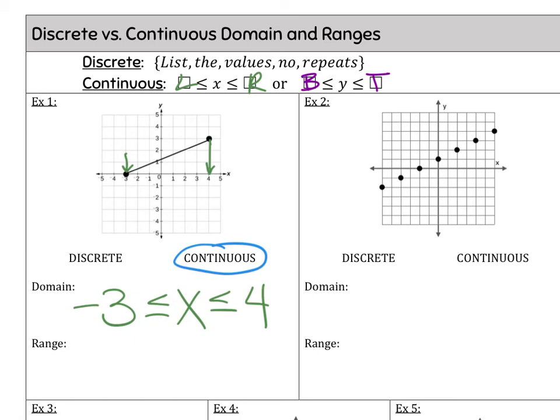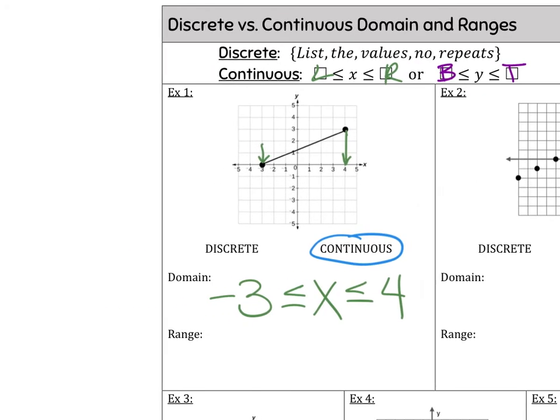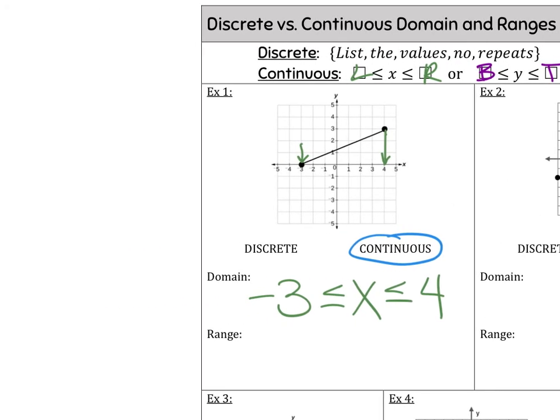Now, one thing I want you to write, and I know I didn't really leave a lot of space for this, you're going to see verbal descriptions of these domains and ranges. Verbal description means the way we say it out loud or write it in word form. So I need you to write this down. The domain for this function, if I were to say it in word form, is all real numbers